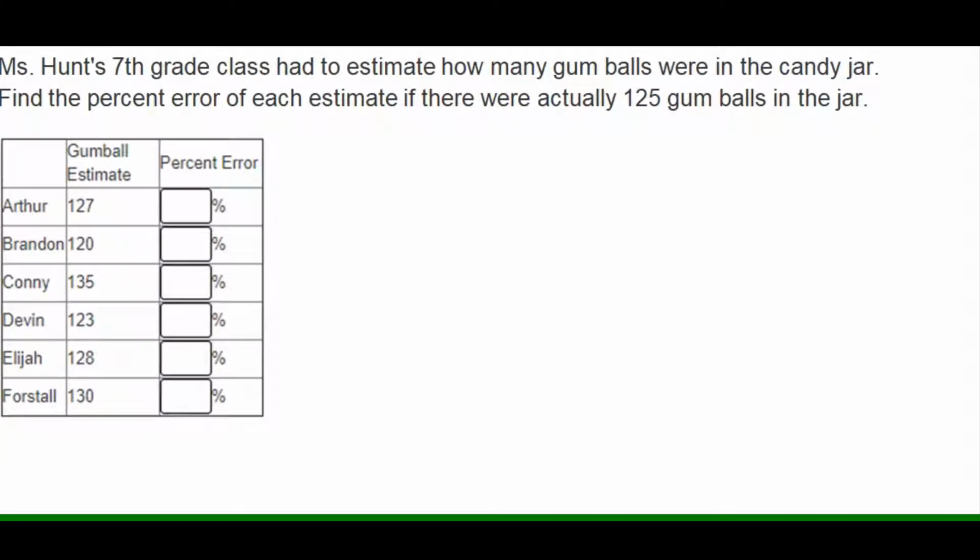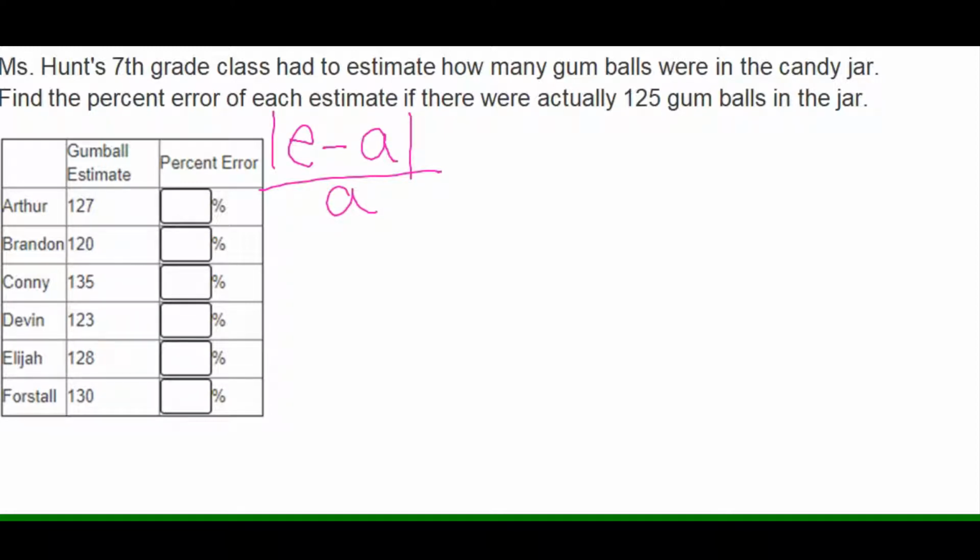Ms. Hunt's 7th grade class had to estimate how many gumballs were in the candy jar. Find the percent error of each estimate if there were actually 125 gumballs in the jar. So this is a percent error question, so I'll use my formula: the estimated value minus the actual value over the actual value. And make sure you put the estimated minus the actual value in absolute value because we don't have a negative